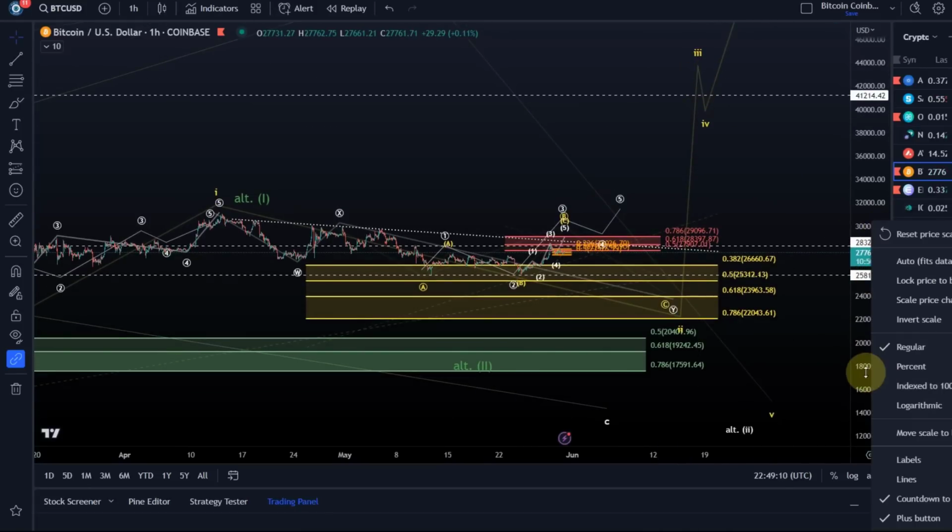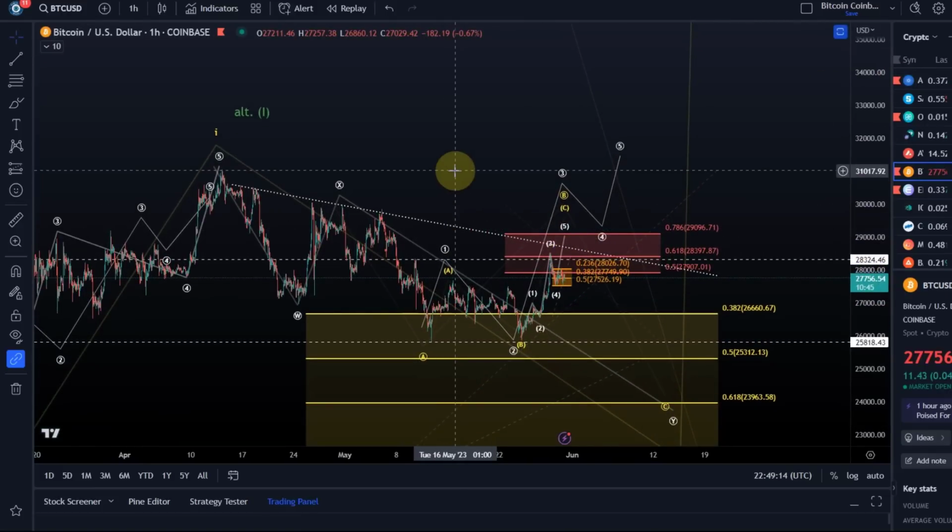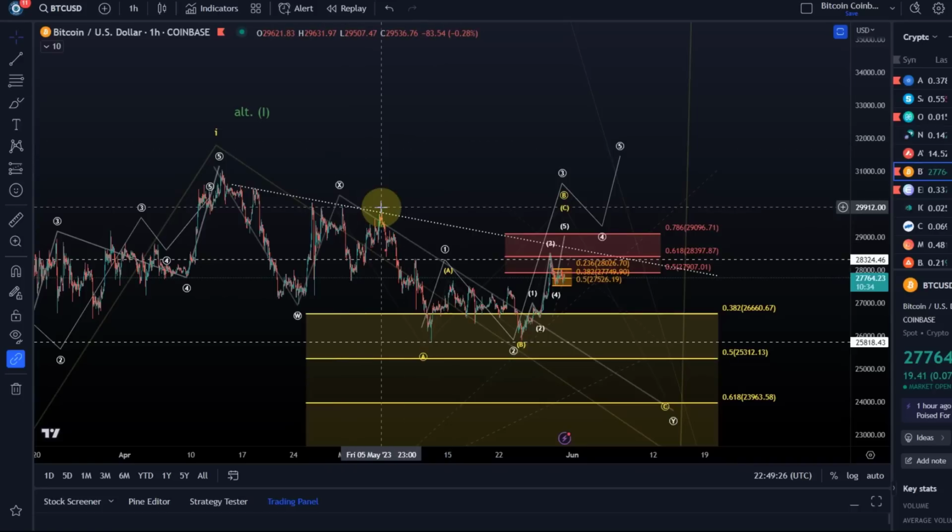However, as I said before, don't think this will be an easy path. I think the times where Bitcoin moved so easily, like many years ago, might be over, at least for now, and I think it will be a very rocky road. So what I can only encourage you to do is understand how market psychology works, work on your psychology, work on your mental game, the mental muscles that you need for trading these markets, because otherwise you will not survive it.